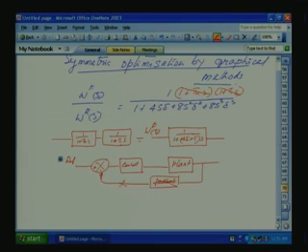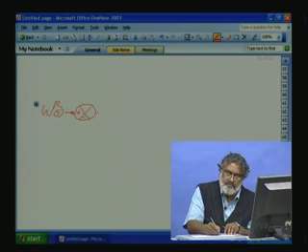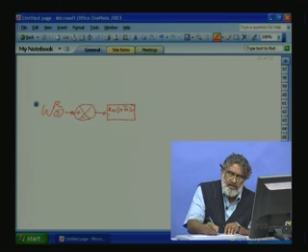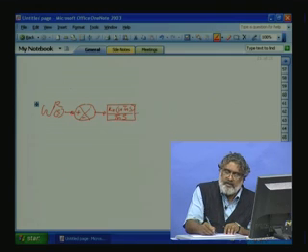So, let us take the open loop gain. Let us go back to our transfer function, hold the transfer function and find out the open loop gain. Yes, let us write down the block diagram once again. That is gain into 1 plus TNS divided by TNS,